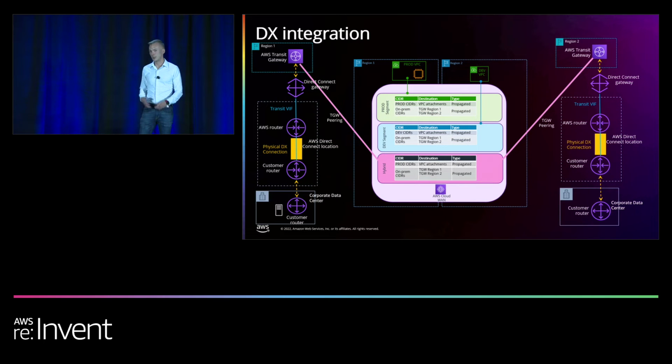Another big topic, especially as you're building a Cloud WAN, is Direct Connect integration. So here, it's kind of similar to what you do today with transit gateway. On the left and right, we see nothing too new here, where there's a transit gateway. We have a Direct Connect gateway attached to that has a transit virtual interface, which then connects to AWS's router, and then there's a handoff to a physical location to your router and to your on-premise location. So on the left and right, you'll see nothing new there if you're familiar with the transit gateway architectures.